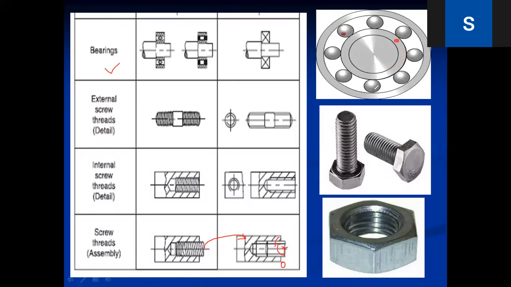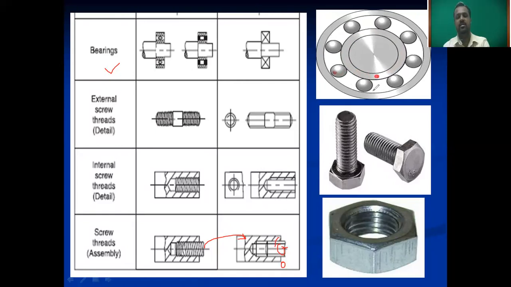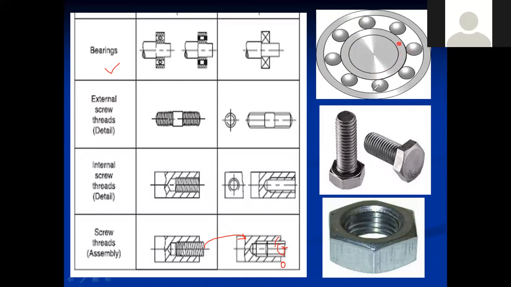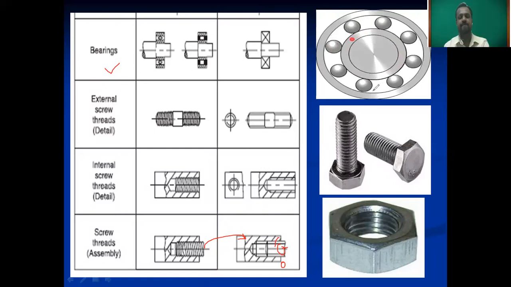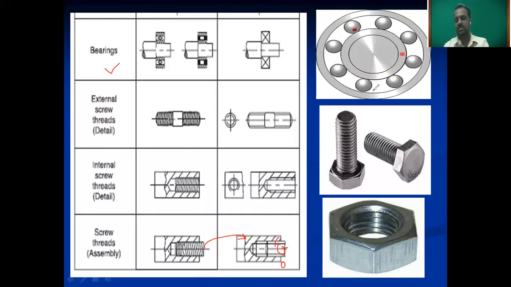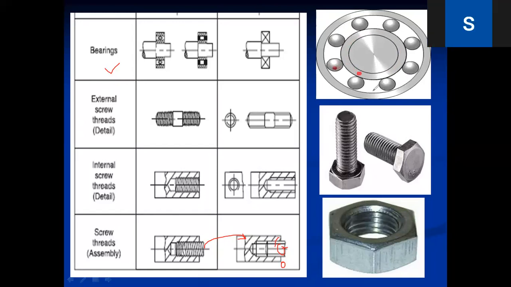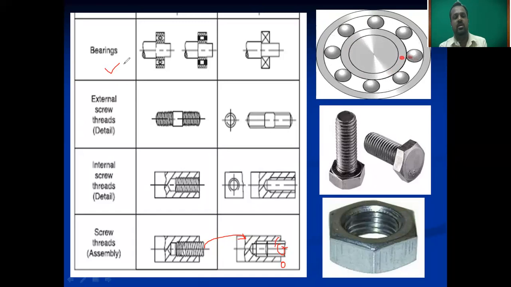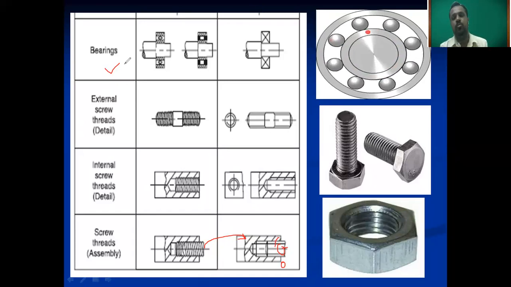Generally we know that we use the bearing on shafts. Then what is the primary purpose of providing the bearing on the shafts? Reduce the friction, for smooth running. These are also applications, but you have to remember the primary one. Good, it is the correct answer. Generally, we provide the bearing on the shaft to provide support to that rotating shaft.